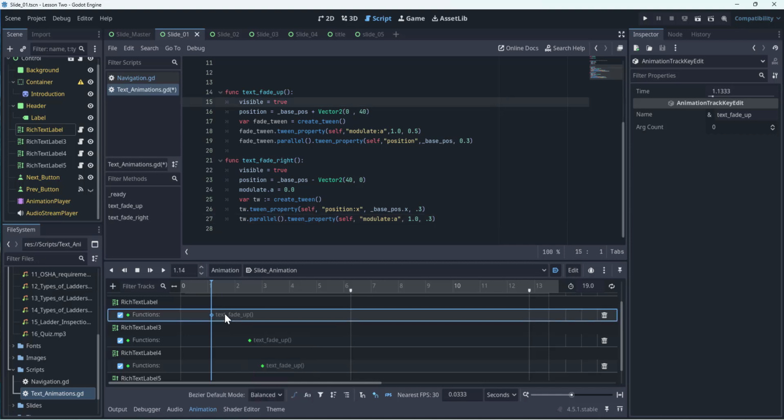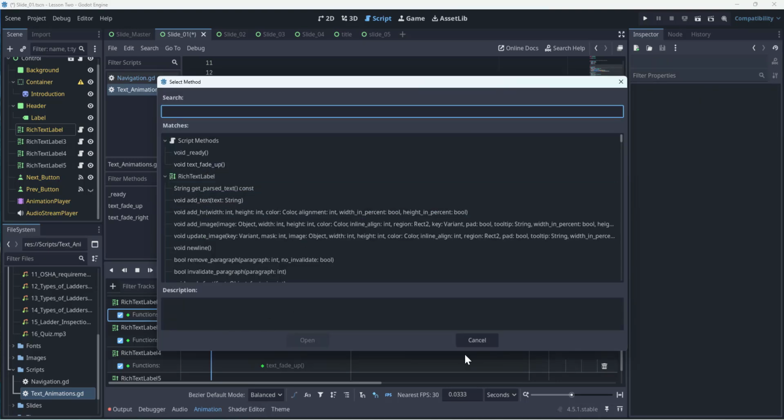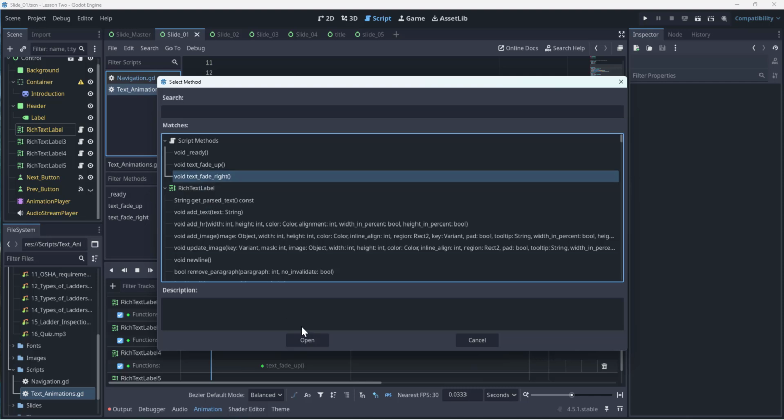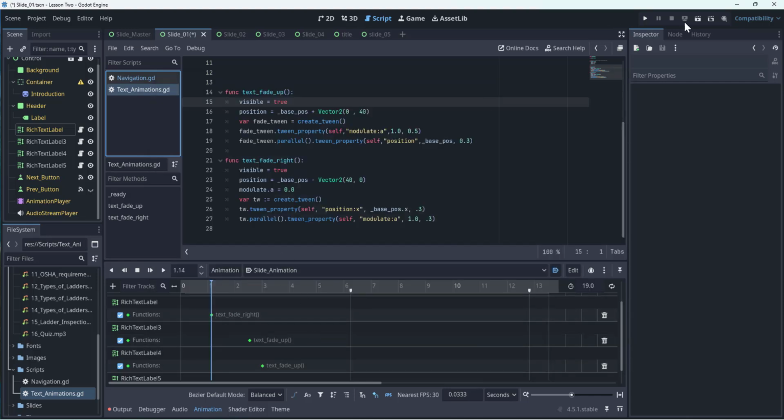Oh, never mind. That won't work. All right. So we just delete that and then insert a new key. And oops, we need to save that script, so before it sees it. So we go enter key, and now text fade right, click open, and then when we press play,